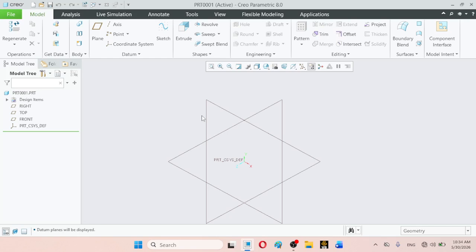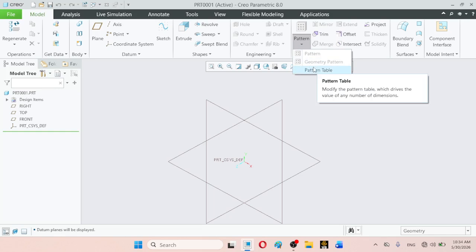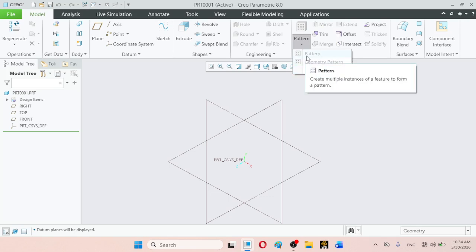For today's lab session, I will be demonstrating the pattern command. As we observe, the pattern has two types: one is called pattern, and the other is geometry pattern and pattern table. So our main concern is with the simple application